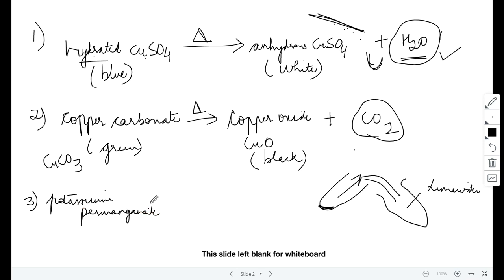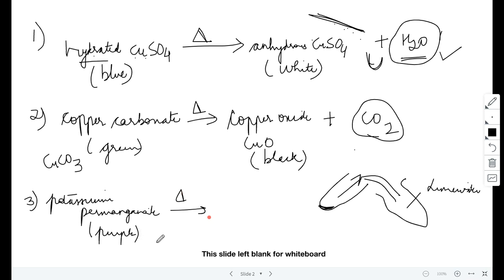We say it KMnO4. Okay, but if you don't remember it, that's okay. If you have potassium permanganate, that is basically a purple color, like iodine. Yeah, the purple color is there. So when you provide thermal decomposition, that means when you provide heat, it forms the